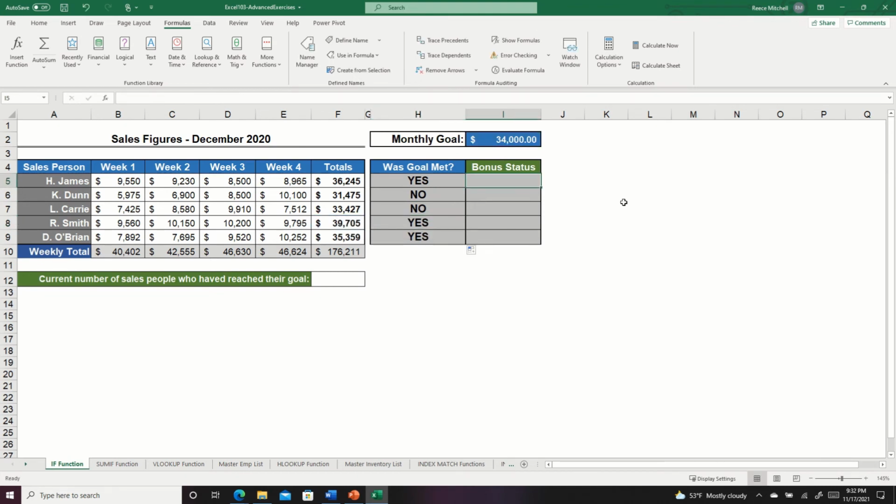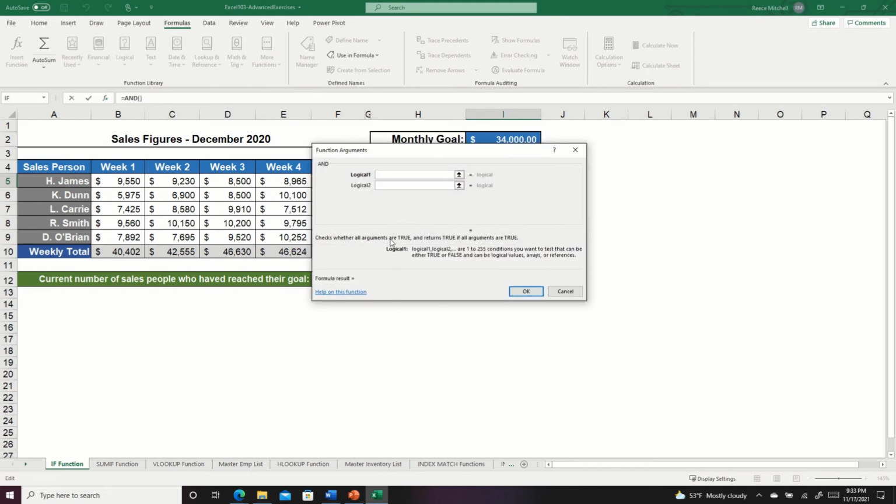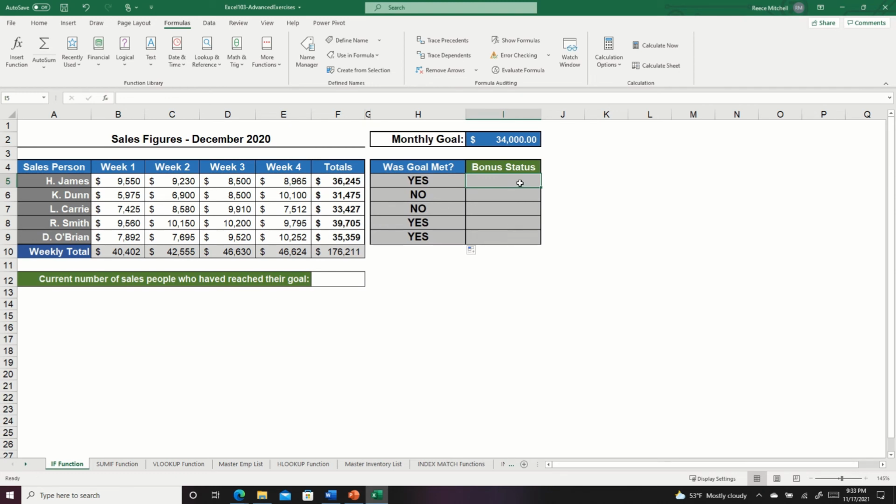So now we're going to do an AND function. With an AND function, it only tells you true and false. So if we click this little function over here, it says checks whether all arguments are true and returns true if all arguments are true. That makes no sense. So what happens is we can do a nest of functions. So if an AND function, we want this to equal yes,